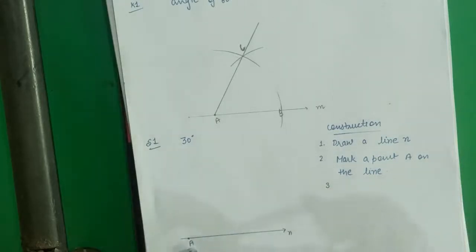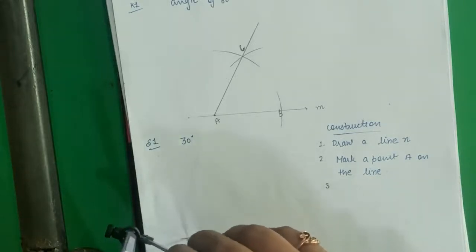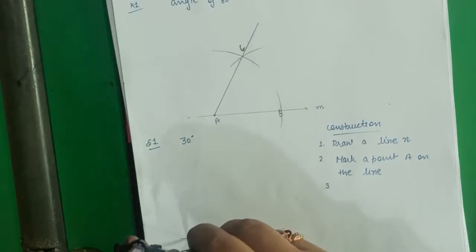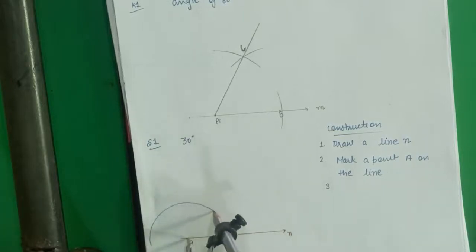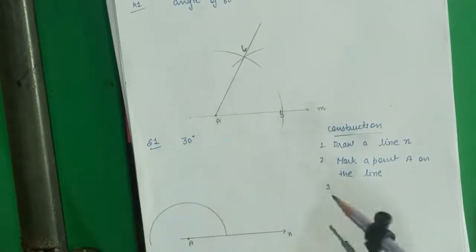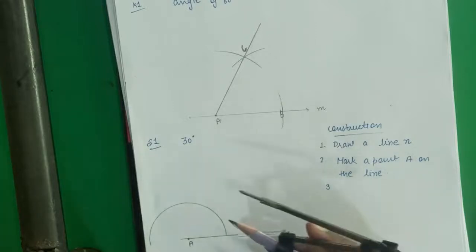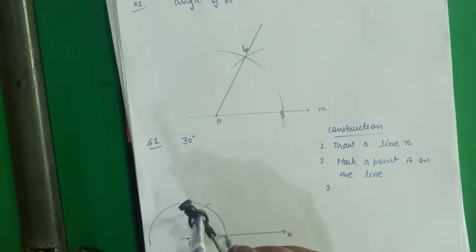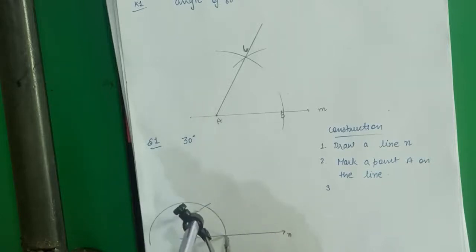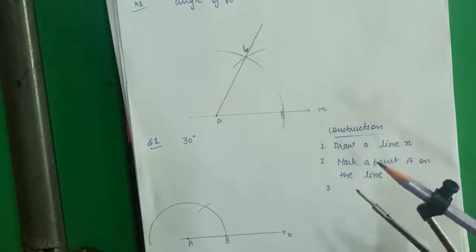Right? Then draw an arc. See, this much is not getting, so I will make it closer and draw a circle like this. Right? And give this point the name B. Now, from B as a center, mark an arc with the same radius. With the same radius. This is of angle 60 degree.